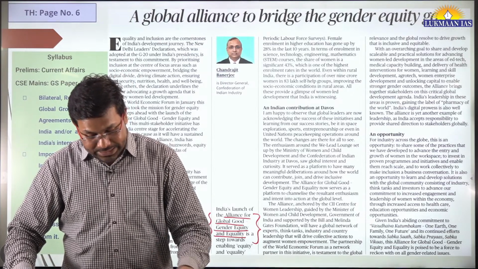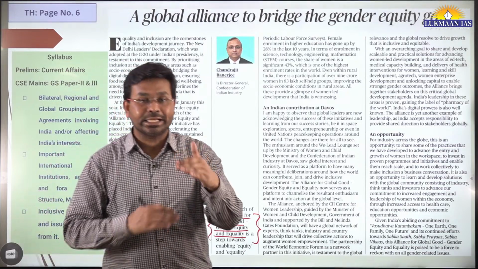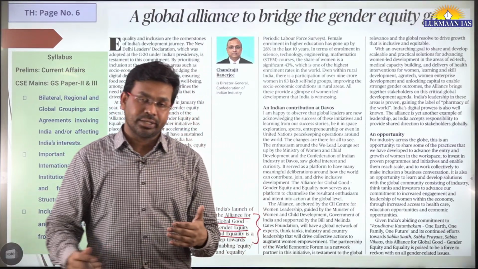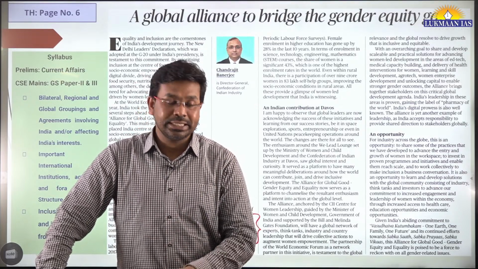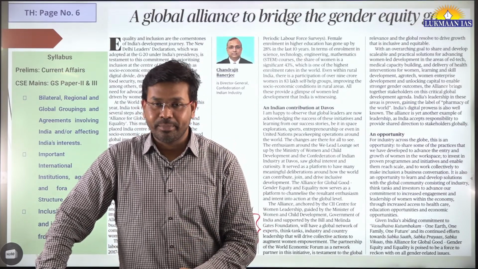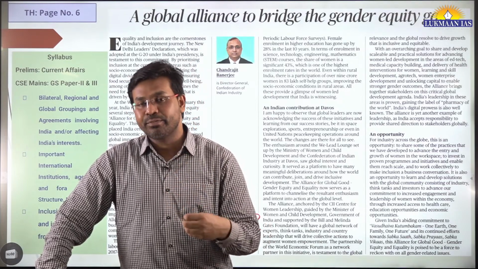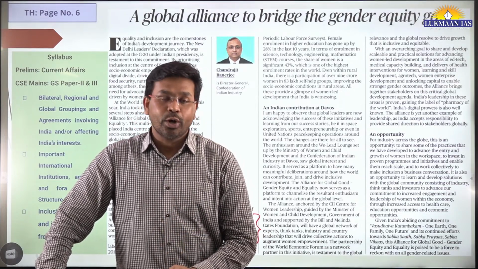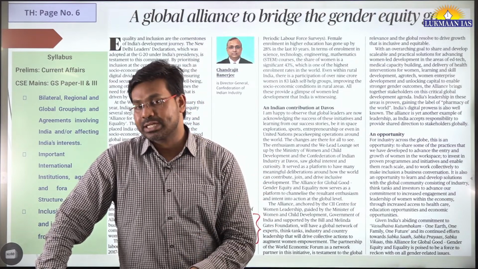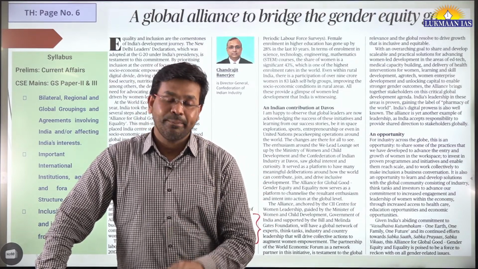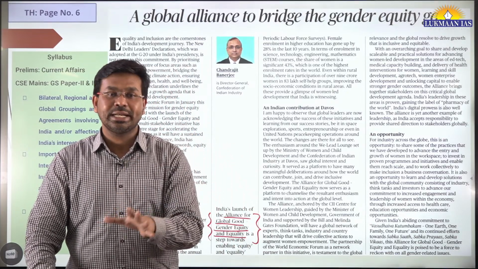Apart from this, we need to understand that India is at the cusp of a transformation. We are a transforming society, and in our society we have seen significant participation of women in the labor force. Women are becoming economically productive, and at the same time they are contributing to the households as well. Their contribution can be seen in multiple aspects: in our household, in the society, in the economy.